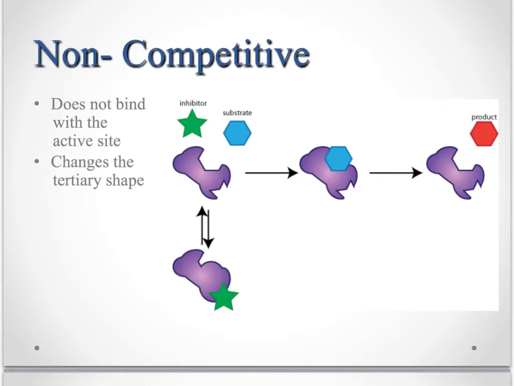The other sort of inhibitor is a non-competitive inhibitor. And the thing about these ones is that they do not bind with the active site. If we look at our picture here, we have a little star-shaped inhibitor, and what that does is it doesn't bind in the active site, which I shall mark in red here, which our nice neat little substrate would fit straight into very nicely. What it does instead is it goes round to the other side and binds with another